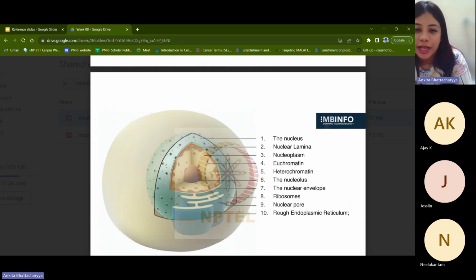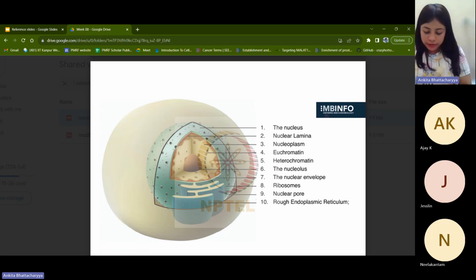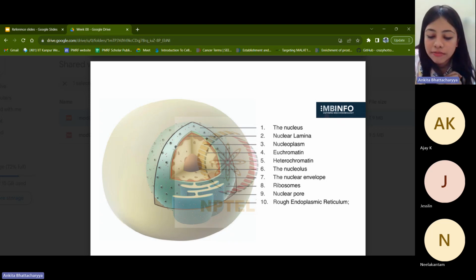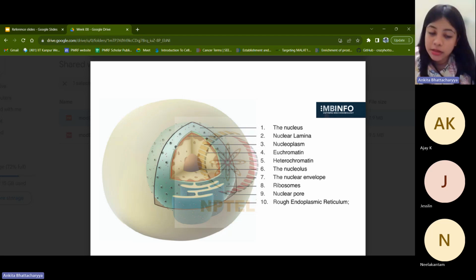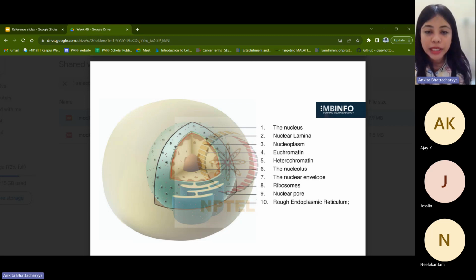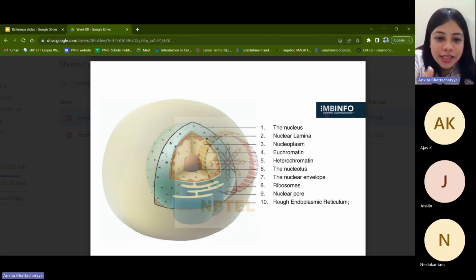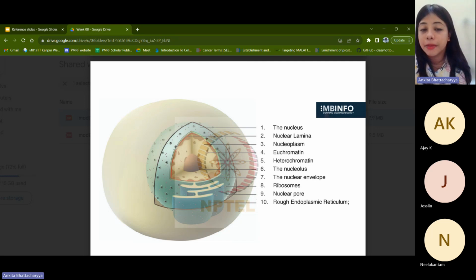of the cellular microenvironment. So we have looked at multiple cross sections of the cell. This one goes into slightly more detailed information about the same. What you see here is that there are different subcompartments that have been labeled. We have the nucleus, the nuclear lamina, nucleoplasm. The nuclear lamina, if you remember our discussion on the cytoskeletal network about intermediate filaments, then lamins are part of intermediate filaments and the nuclear lamina is indeed made up of them, along with other components as well. Then comes the nucleoplasm, the euchromatin, heterochromatin. It is not very distinguishable here, but they're just trying to say these are the different compartments that you see